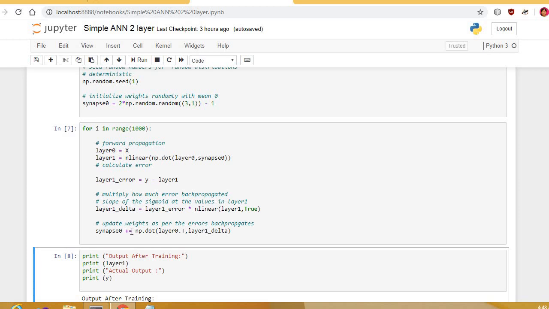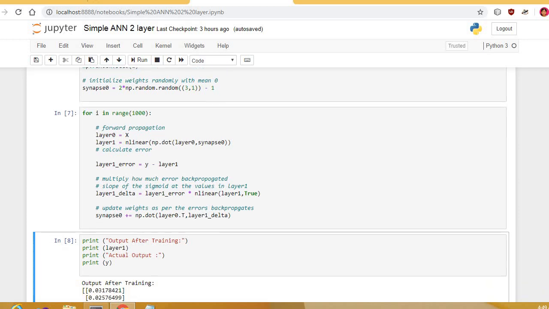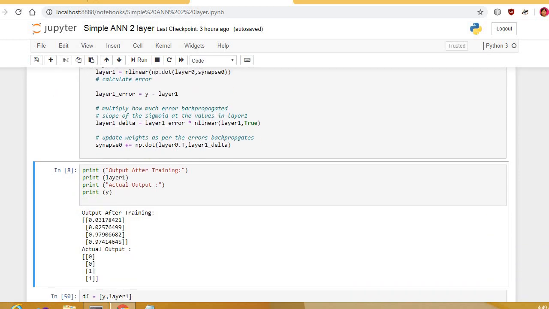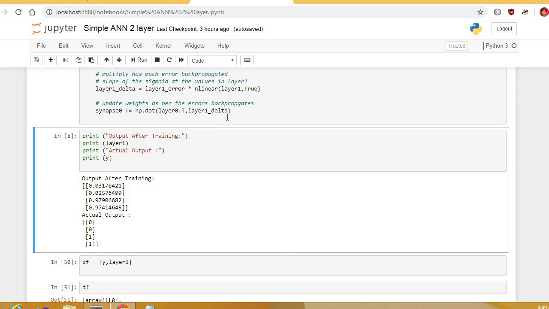So this way we have updated the weights over here, and these updated weights are fed to our neural network, so that it will train again accordingly, calculate the errors, and try to predict the output correctly. This is the crucial part, the core part of our backpropagation neural network.